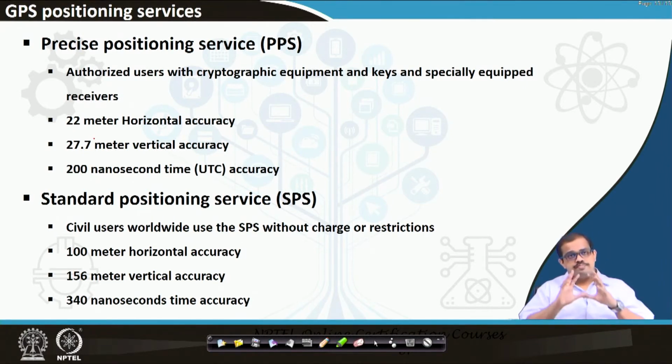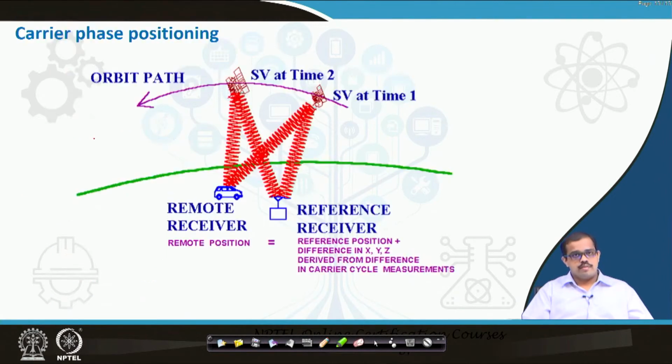service. So these two positioning services are normally available, but the standard positioning service is available for everyone, while the precise positioning service is available only for select people with select instruments or equipment that are used to receive these particular signals. And when you look at the carrier phase tracking using a